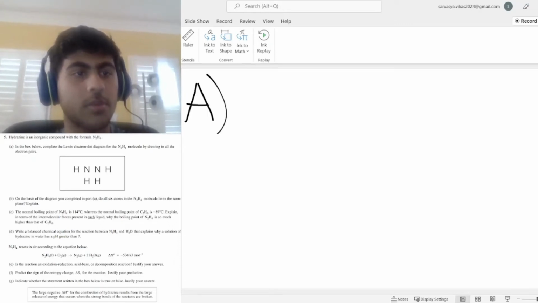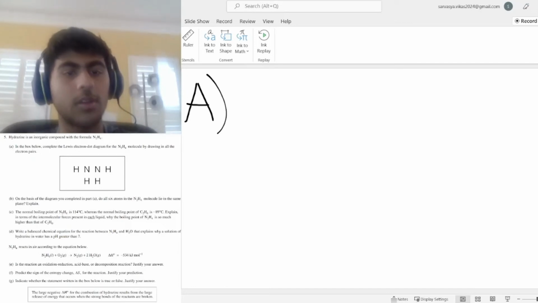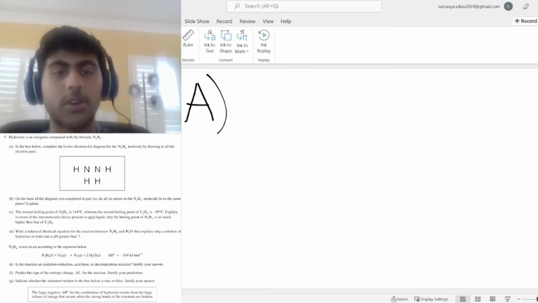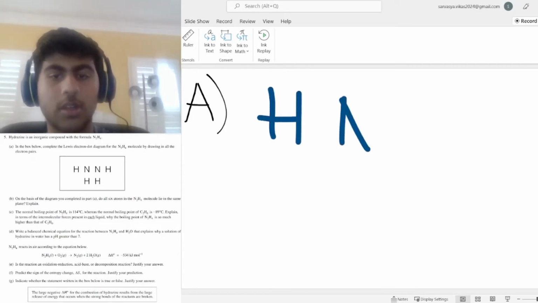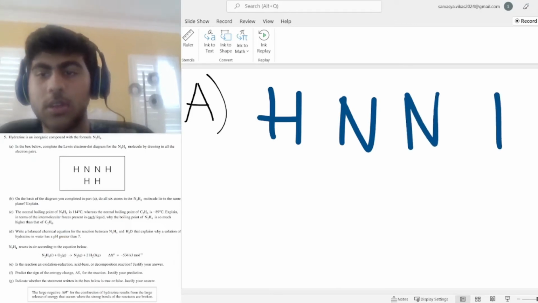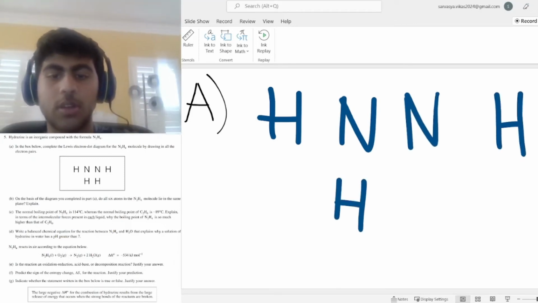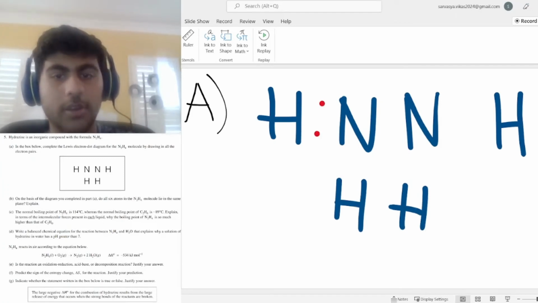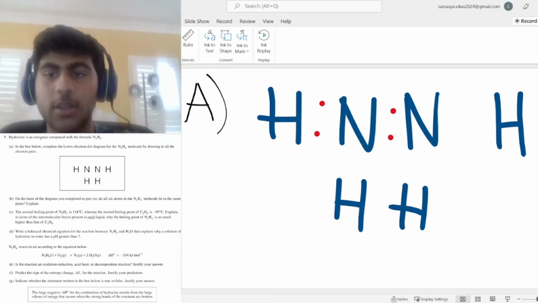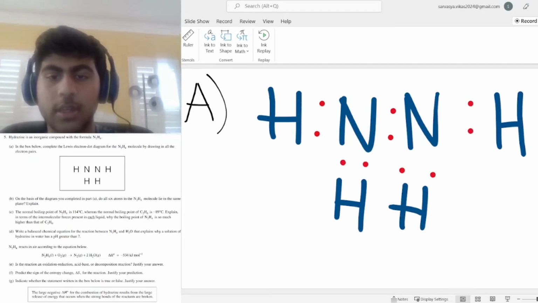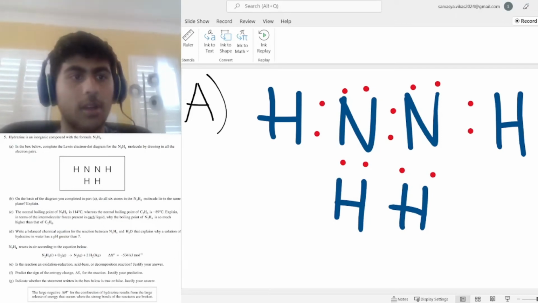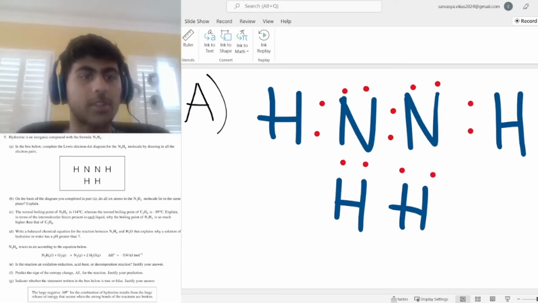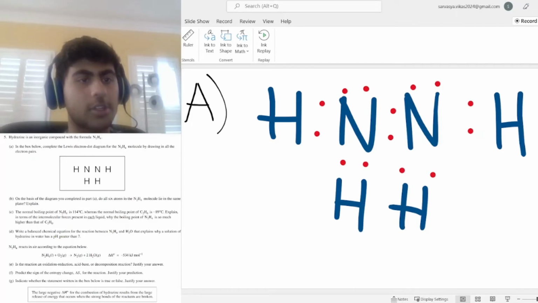So, let's see. We can draw the H and we just draw on the electrons. So we have our 2 electrons there, 2 electrons there, 2 electrons there, 2 electrons there, and there, and there, and there. Right now, if you're thinking of this more as a conventional Lewis structure,